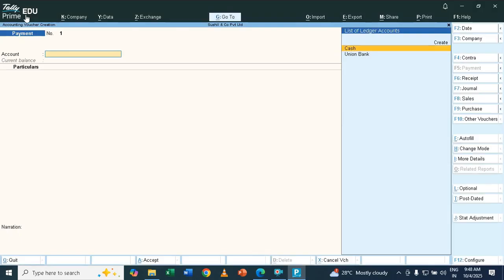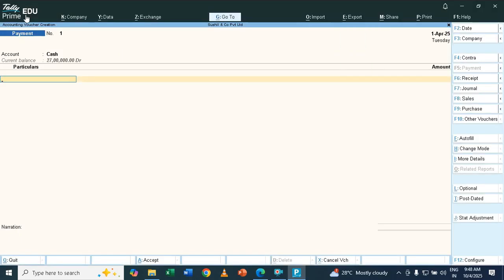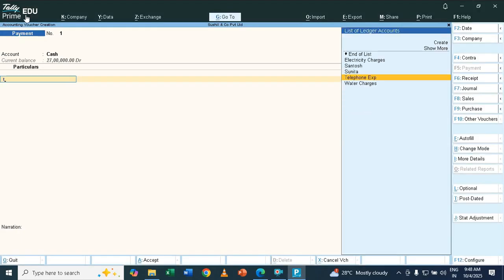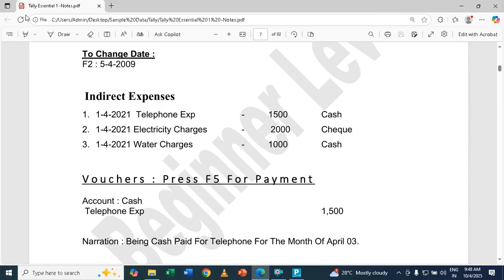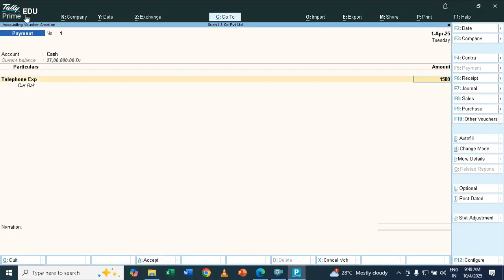Then it says cash, so I'll just press C, cash. Then we are doing our telephone expense. You can press the space bar or you can press T, telephone expense, enter. Amount is 1500, so write 1500, enter, enter. In the narration, you can say that being telephone expense